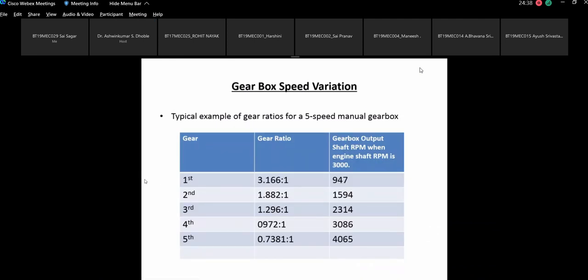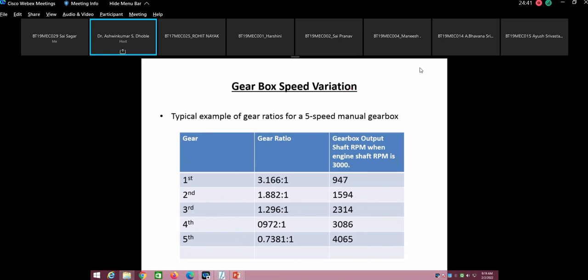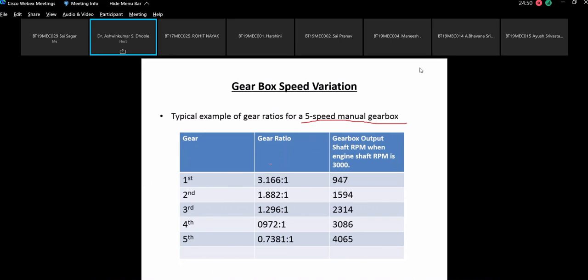This is the gearbox speed variation. This is the typical speed variation for a five speed manual gearbox. It says that for first gear, usually the gear ratio is 3.166, second gear is 1.882, third is 1.296, fourth is given as... there has to be a decimal point over here, 0.97. So please correct it. 0.972, and fifth is